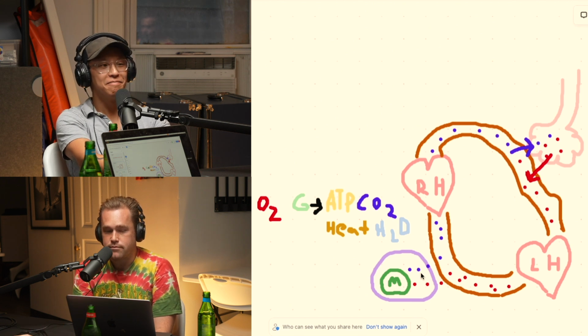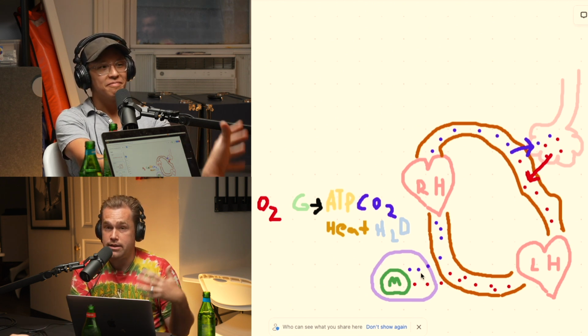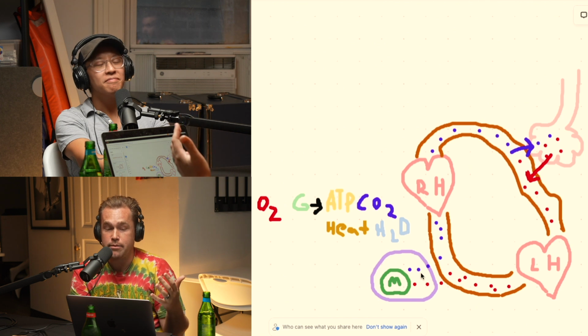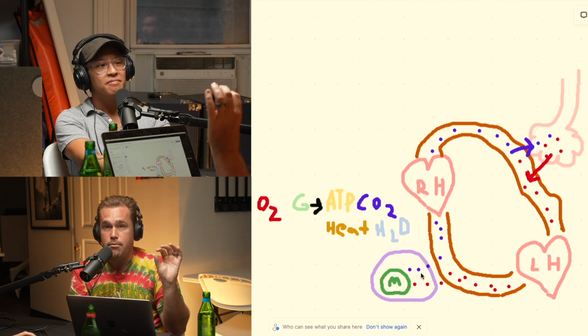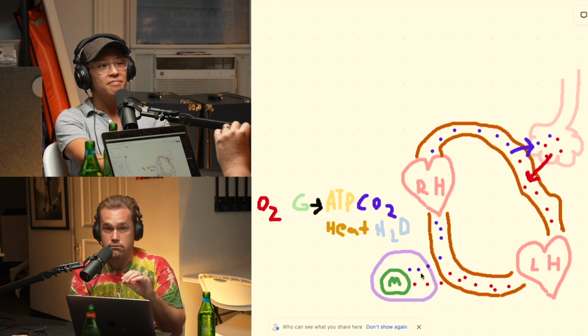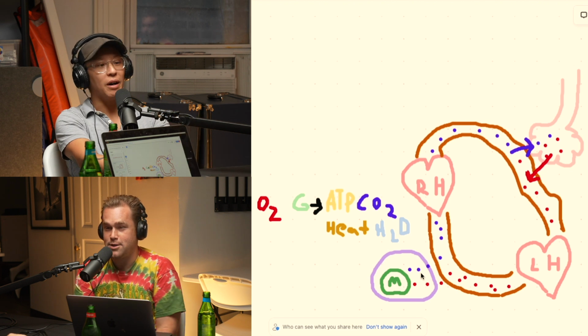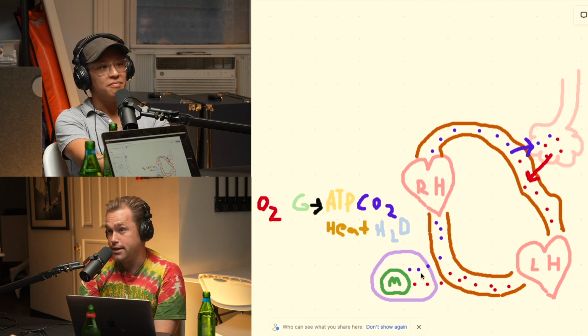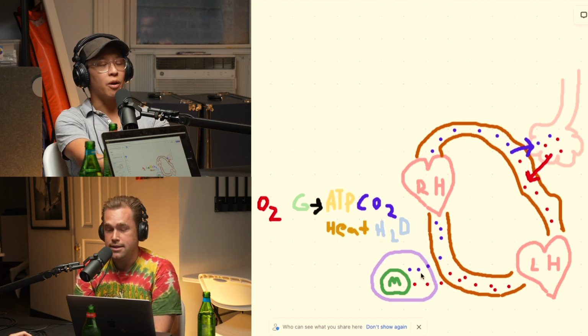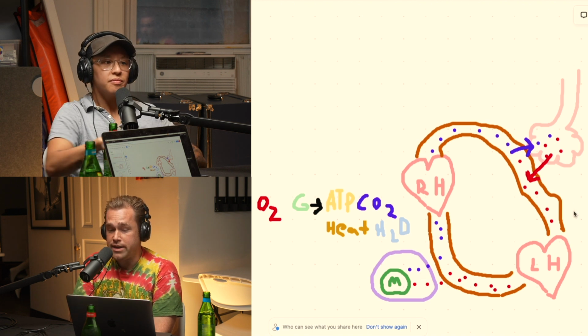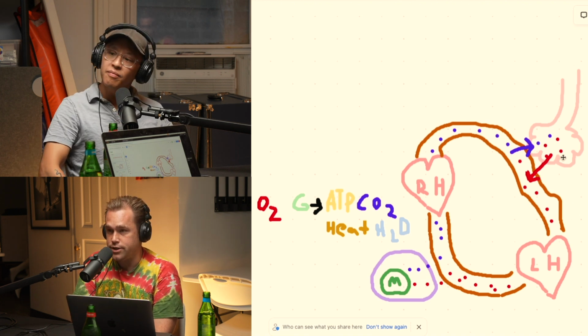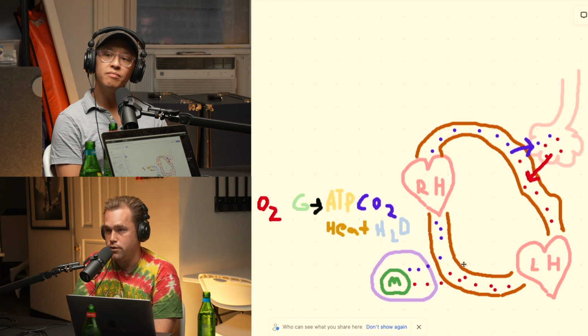So, but if you don't have that ATP, the idea is that, yes, you're not going to be able to do those active processes, but you will also die, right? Wow. So it's not like you're just going to be tired. You're dead meat. Okay. So when we think of circulation, I like to think of it as this train moving around the track. Okay. The train's picking up the oxygen.